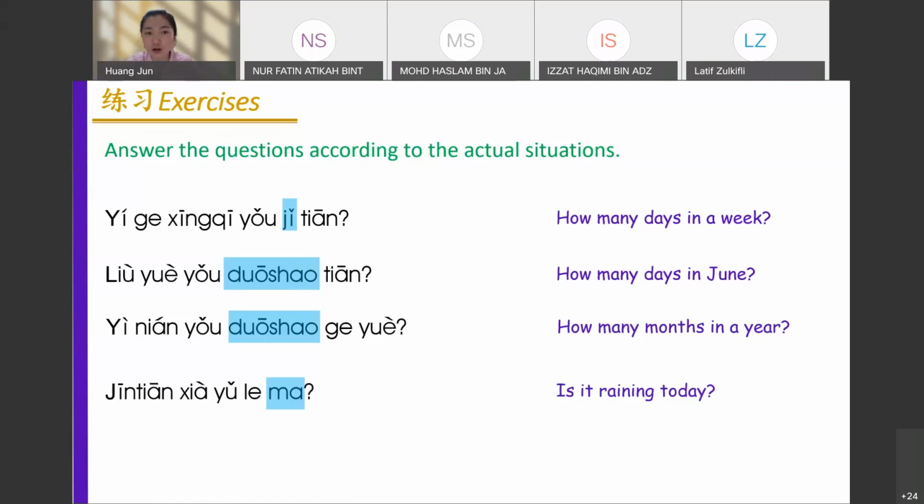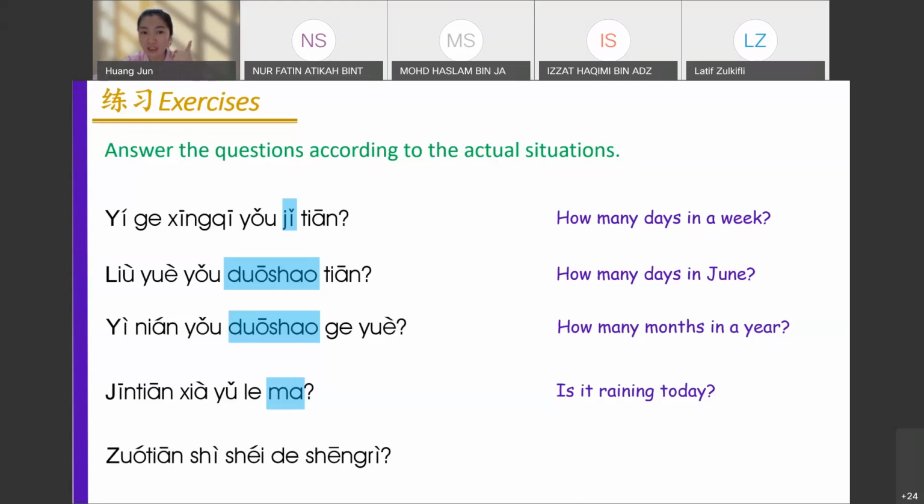I got a question. If your answer is no, do you have to involve 了 in your answer or not? No, you don't need to, because the thing did not happen, so we cannot put already inside the sentence. So for the no version, we don't need to put 了 in the answer. We just answer 今天没有下雨. Today isn't raining. Very good. So continue.